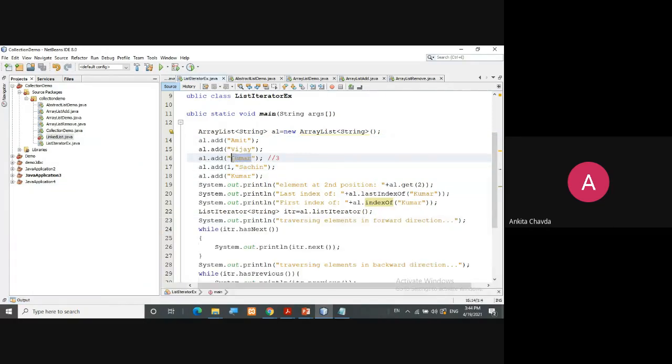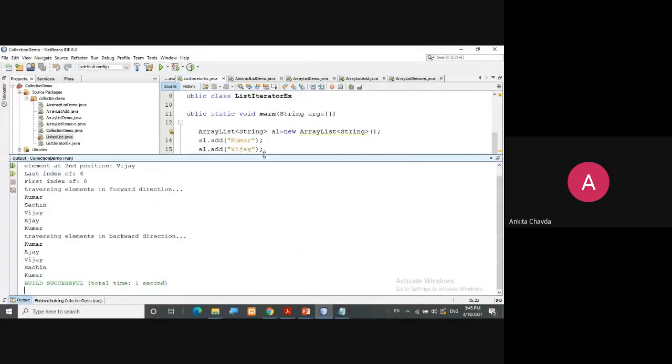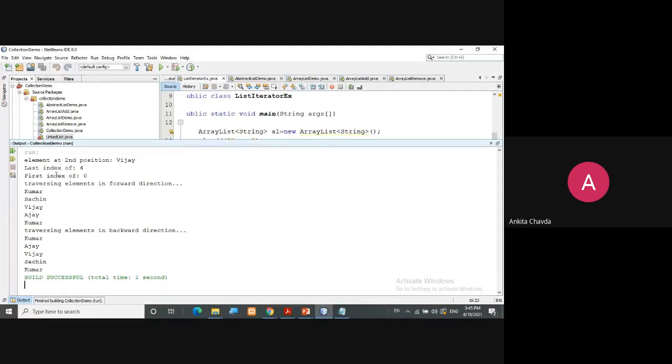We can even make changes here. Here we'll have Kumar, here we'll have Ajay, and now you can check the index difference. The first index where Kumar is, is the 0th index, and at the last it is on the 4th index.